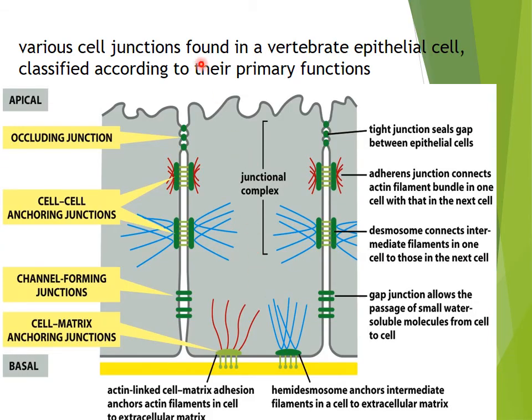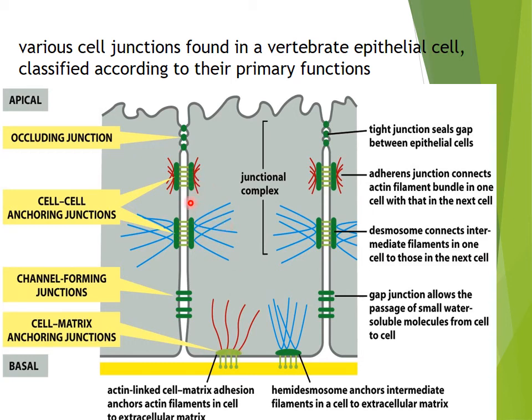So we can summarize here with this diagram all the types of the cell junctions. This is the apical surface of the epithelial cells and this is the basal surface. Towards the apical surface, you can see the occluding junctions or the tight junctions. As the name suggests, they are sealing the gap between the epithelial cells so that these surfaces become impermeable to any ions and molecules from the transmission to these lateral surfaces. Now you can see these are the adherens junctions, in which there are the desmosomes and the hemidesmosomes.